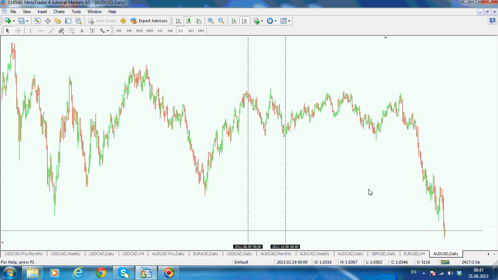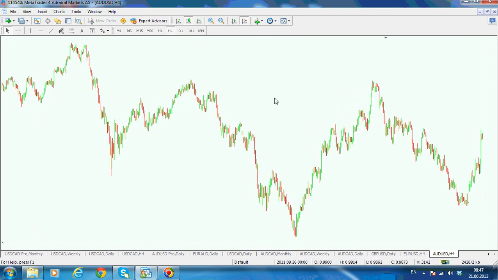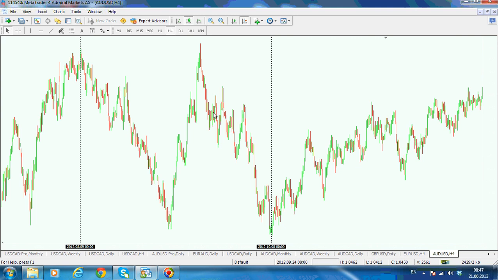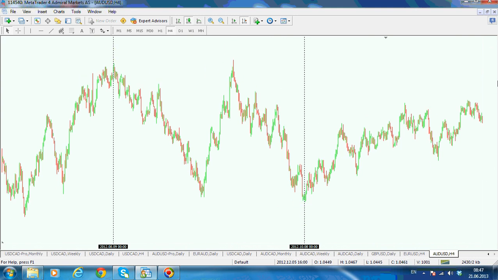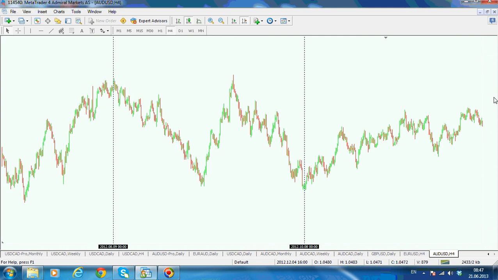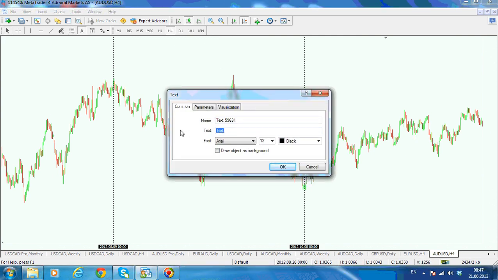So let's try to take a look now at the irregular flag. Now the irregular flag, this is a daily chart on the Australian dollar, US dollar. I've marked the territory for the irregular flag scenario, and let's go on the 4-hour chart and try to identify the flag that I was looking for. So this is the 4-hour chart, and let's write here above that we are looking at irregular flag,